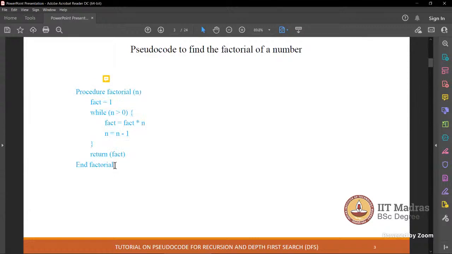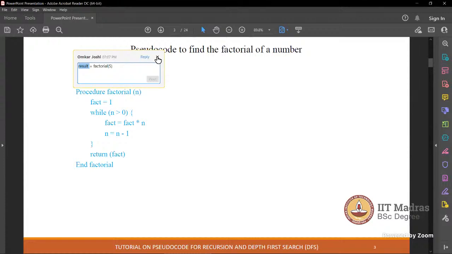But there might be some confusion that when we say return fact, return as in you are returning something back, right? So back as in where? Back as in the place from where the procedure was called. So this value gets returned back over here and gets stored in the variable result. I hope this part is clear. Yes, sir. All right.